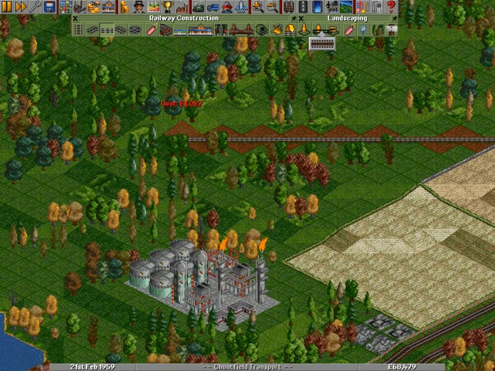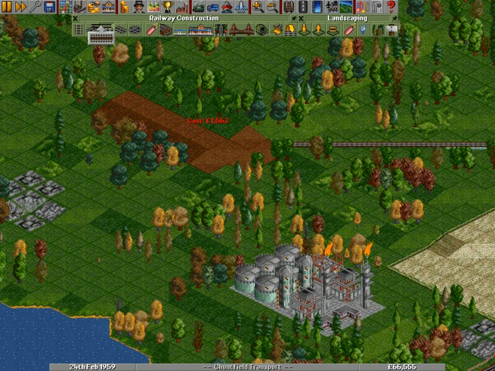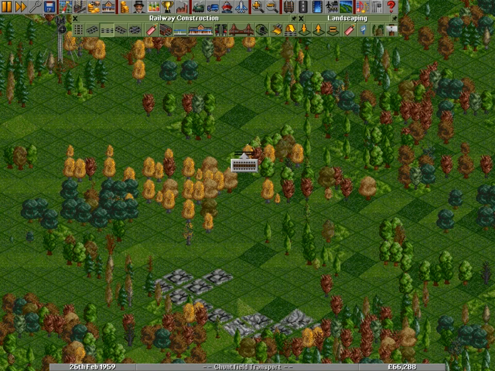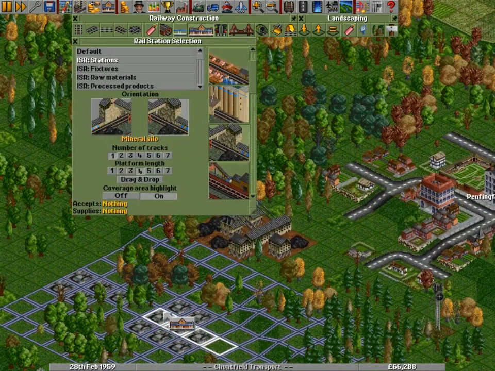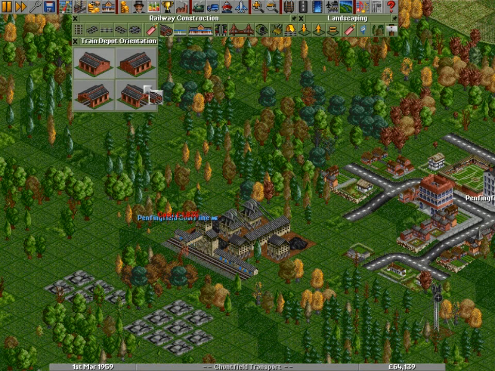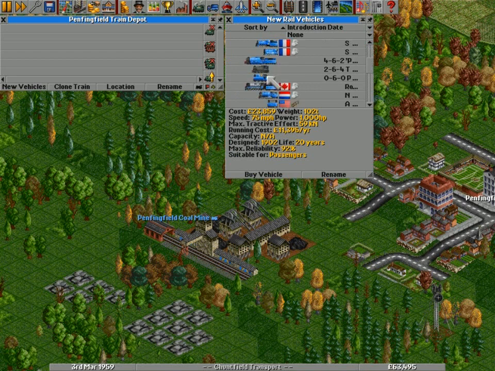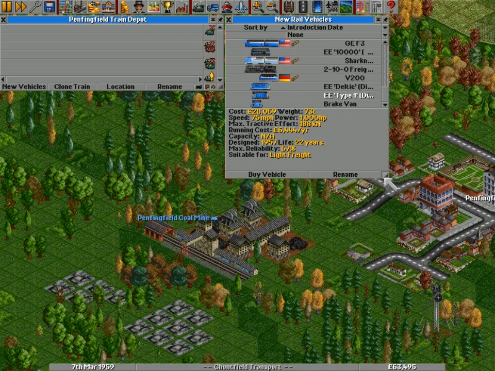We're going to build a nice smooth track here. Another thing to keep in mind as well is raising land. It's very expensive, so try to avoid it if you can. In this case we can't really avoid it, so we just have to go with that as it is. So we'll build the coal mine here, and that here, and we will build a diesel engine, this being the cheapest one available,